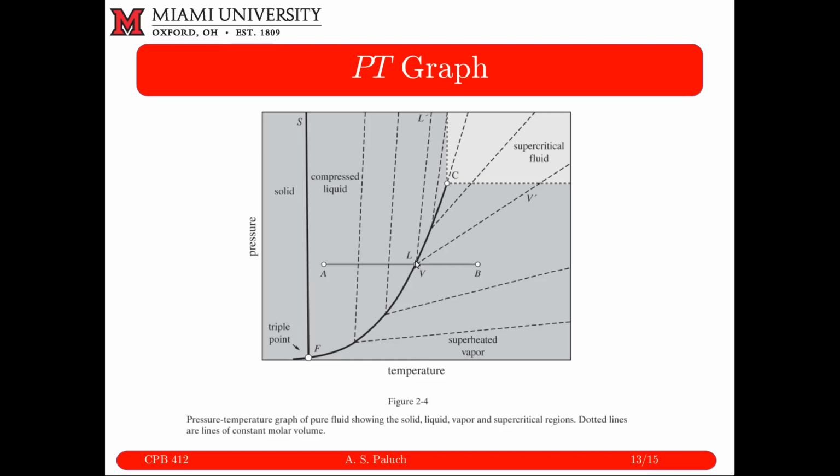If I'm at this point at a given temperature and pressure, I could do one of two things. This region to the left is going to be our liquid phase. To the right is going to be our vapor phase. So at fixed pressure and temperature, if I just think about a system at two-phase coexistence, if I were to